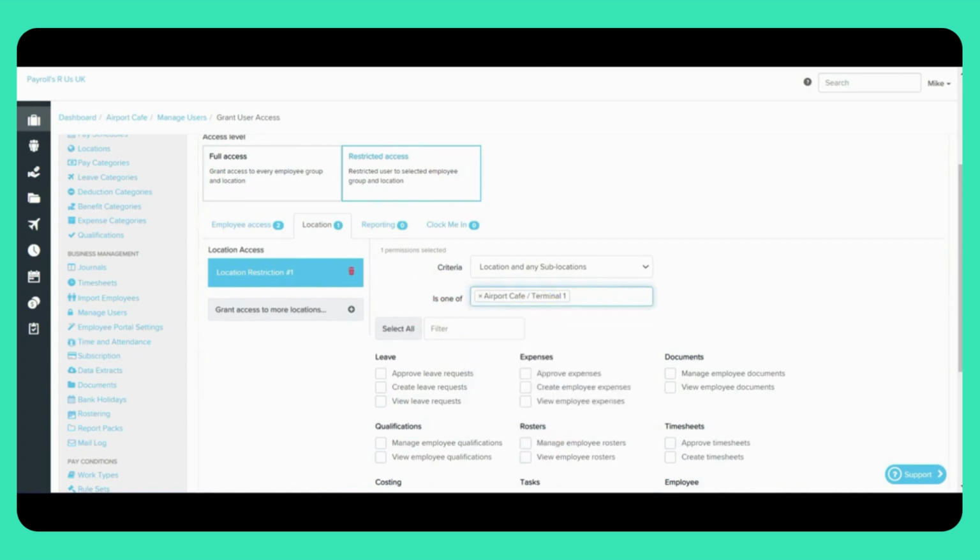By setting location access, the user is then able to view and create timesheets, if given permission, relating to that location, even if the primary location of the employee is different. This is what differentiates it from employee access,